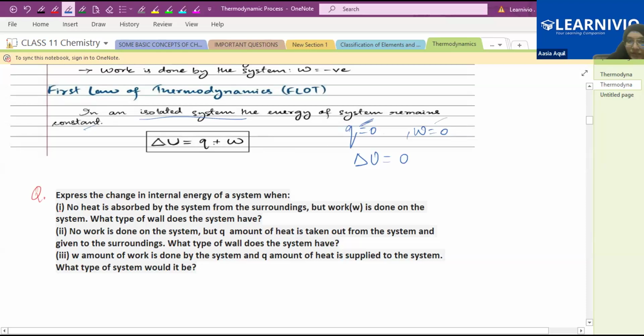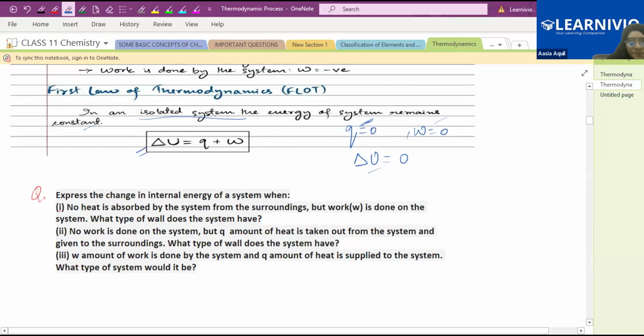So here when you put this value 0 plus 0, you will get delta U equals 0. It means the change in internal energy is 0, which means all the energy of an isolated system has a constant value. And this is the equation of the first law of thermodynamics, which states that in an isolated system, the energy of a system